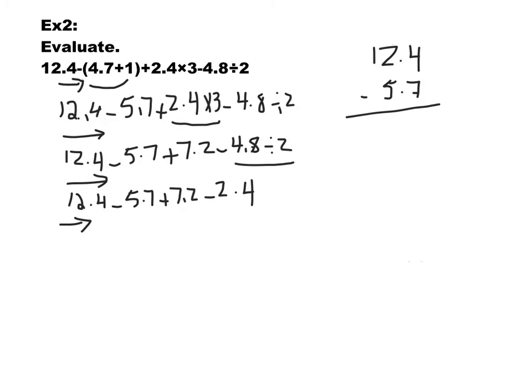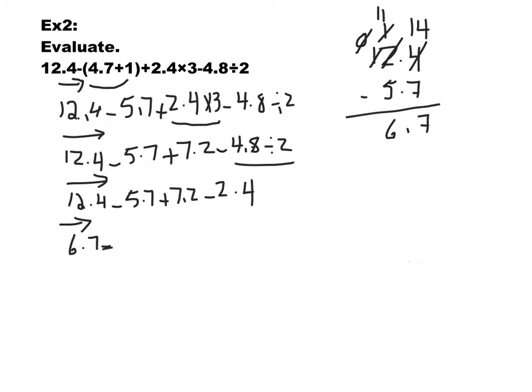We know that I cannot subtract 7 from 4, so I borrow 1 from 2, and this becomes 14. 14 minus 7 is 7. Then 1, I cannot subtract 5 from it, so I borrow 1 from the left column. This becomes 0. This becomes 11. 11 minus 5 is 6. So this becomes 6.7